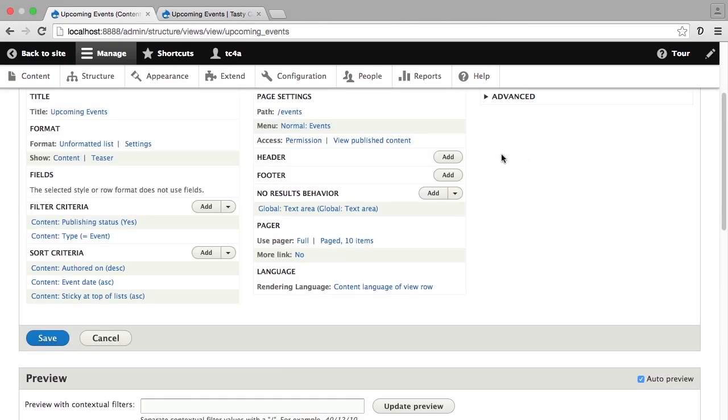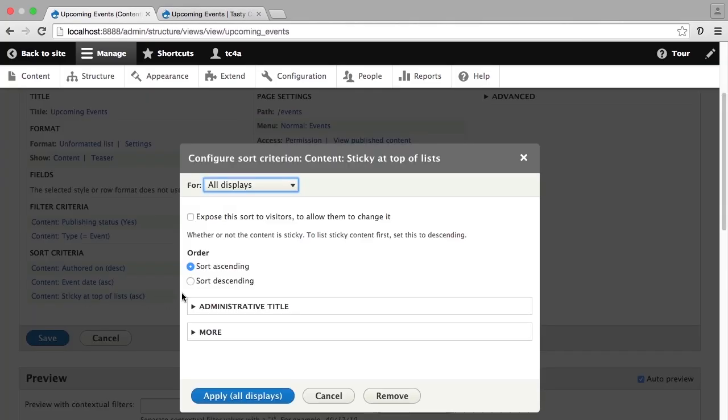Now, because I've already added these sort criteria, they are still listed in my sort criteria options here. So I can go into any of these and edit them individually without having to go through that initial modal. And currently in the Drupal 8 beta, that is not buggy, so that will work correctly. So under event date, right now it's ascending. That's what I want. Under sticky at top of lists, what I actually want is descending because I want items that are sticky to come to the top, to the very top of the list. So I'm going to click on that and I'm going to change the order to descending and then click apply